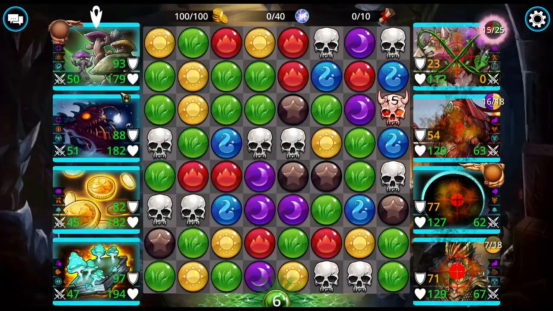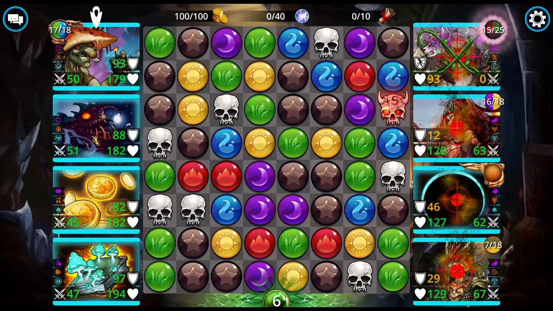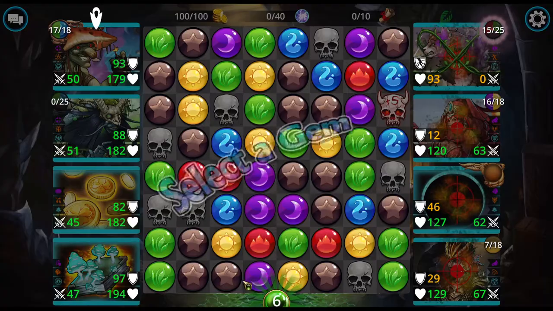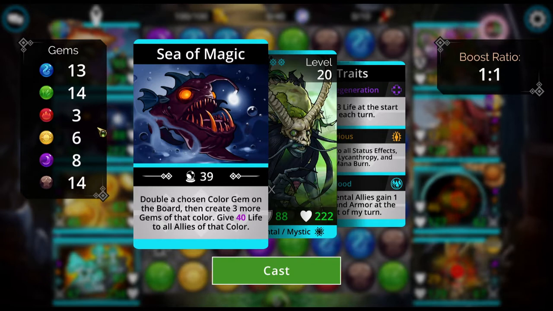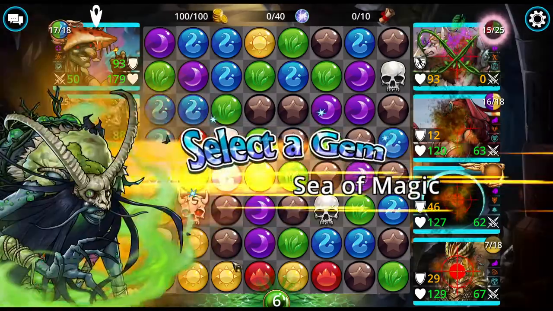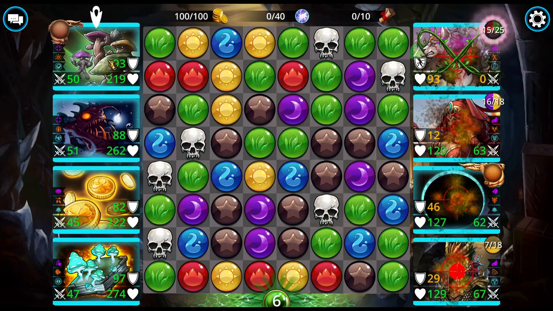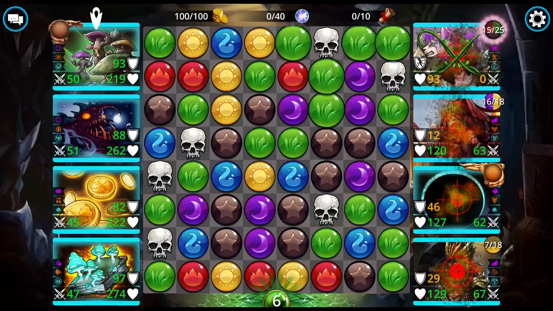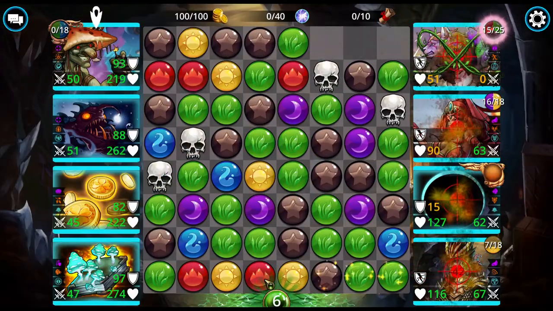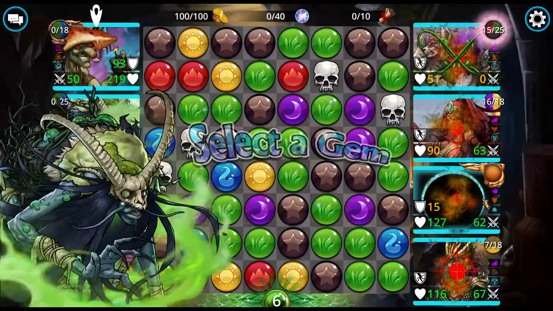And basically, King Gobtruffle has a free cast. And this time we will cast on green. Want to stay with blue or green as much as possible because my team uses mostly blue and green. I'm not going to take that match 4. I want to keep that on the board and not let it go away, so that we can keep things